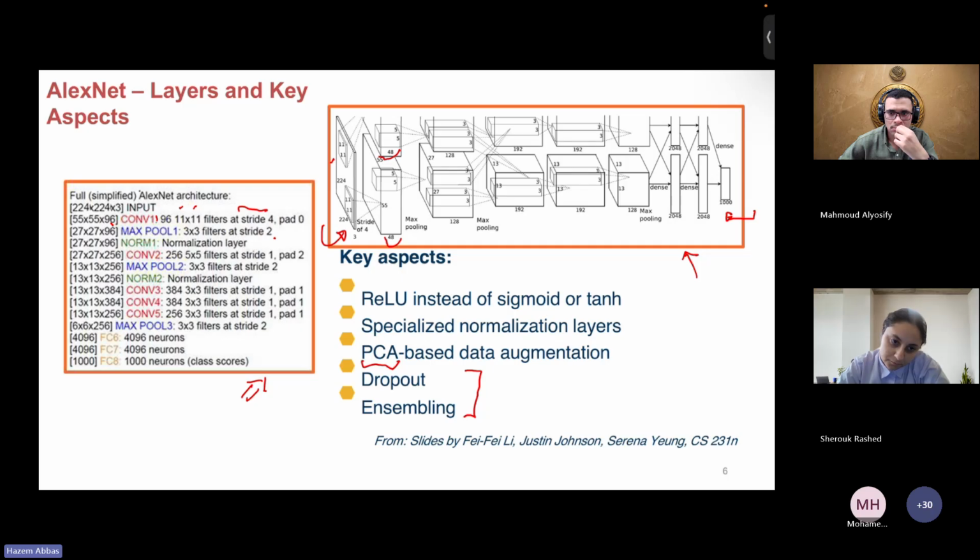And followed by another convolutional layer, which is 27 by 27, 256, and here is 128, 128, with 5 by 5 filters. The number of filters is 256, because I have 256 here, and a stride of 1 and padding of 2, followed by a max pooling layer. I'm not going to mention the numbers, since they are here, followed by a normalization